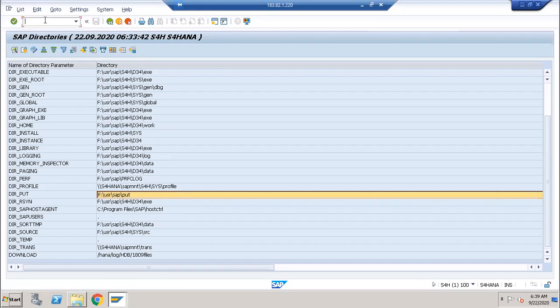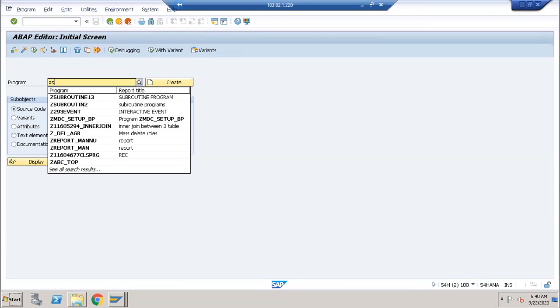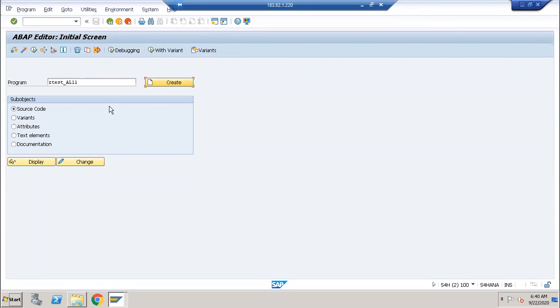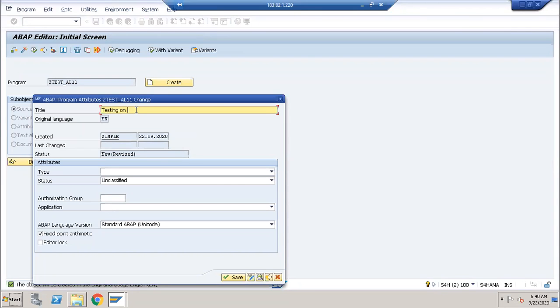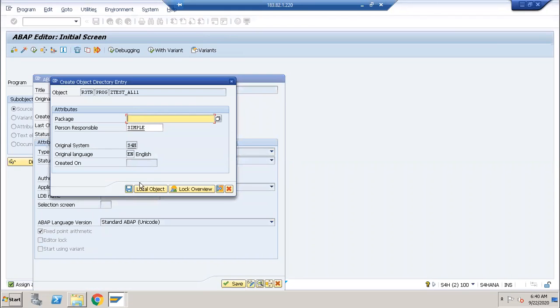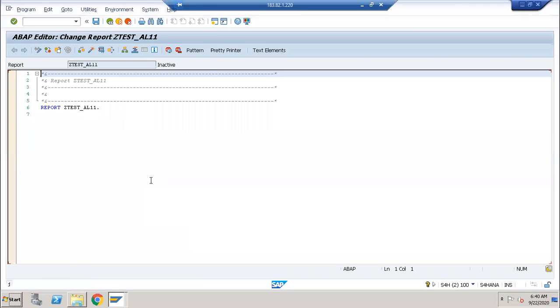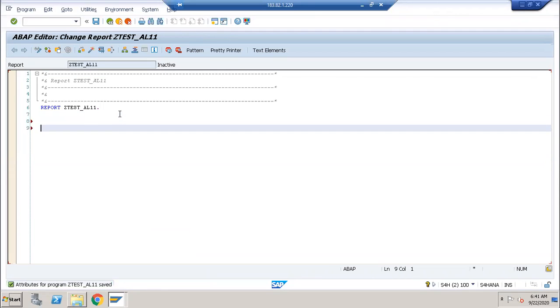Now I will come to one program. I have created one program in the SE38 transaction.